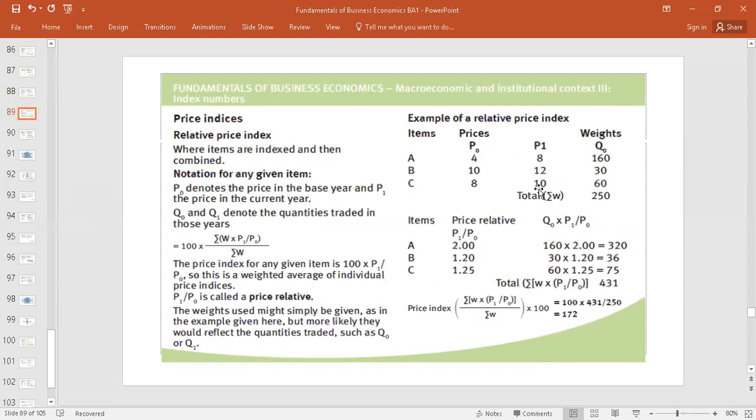Then one way is to also take the weights, but only for the base year. So there are certain indices based on current year price and current year quantity plus base year price, sorry, base year price and base year quantity and the current year's price. So taking these things also,